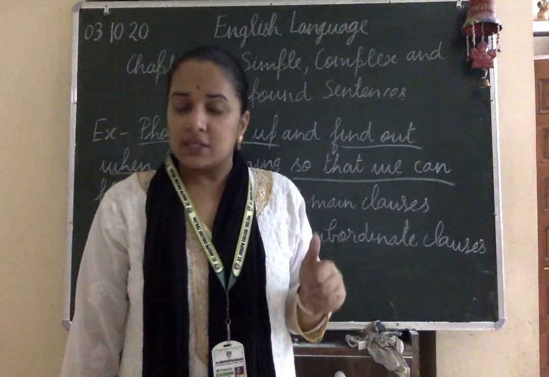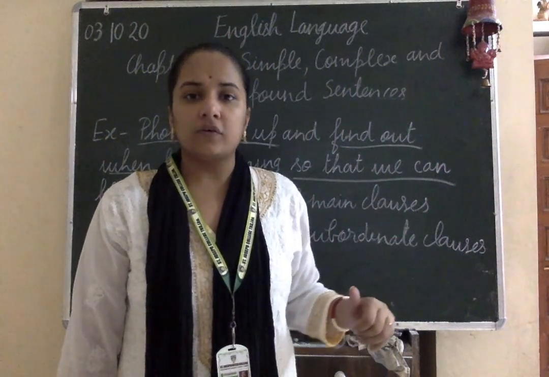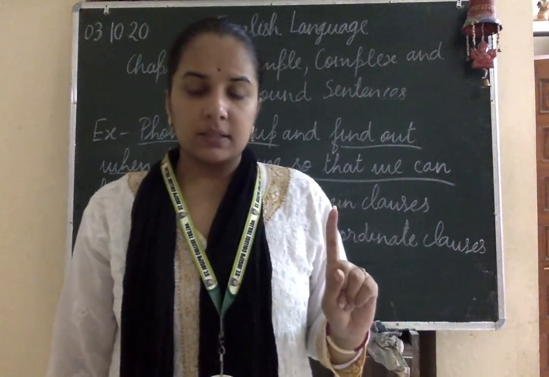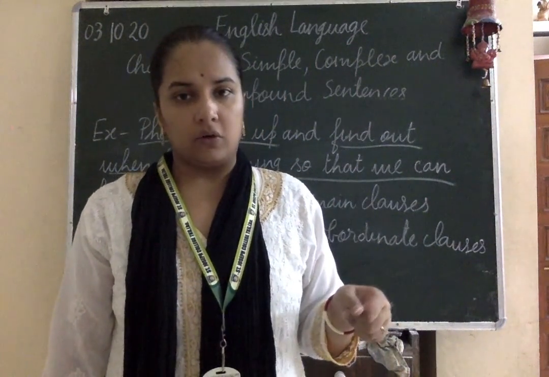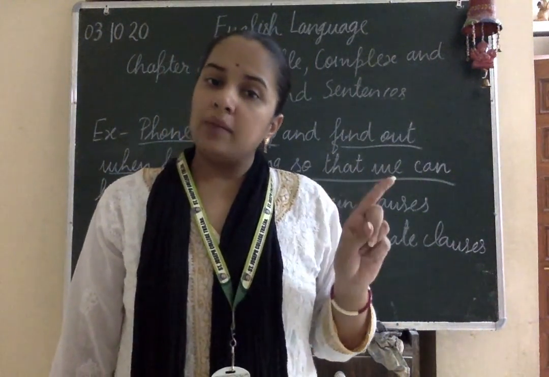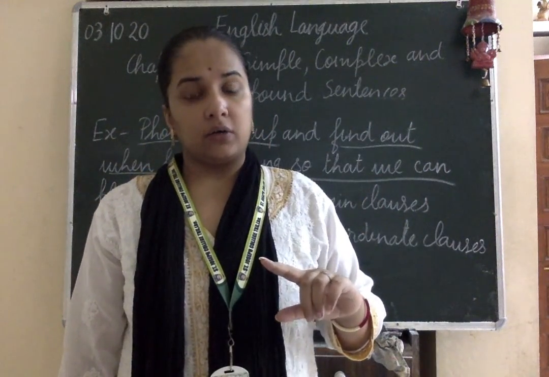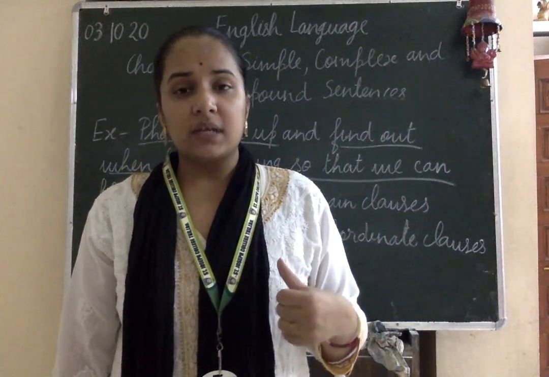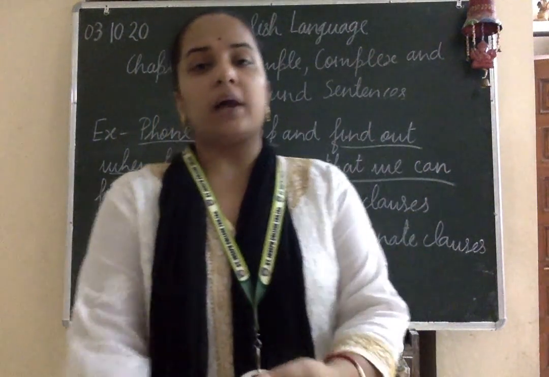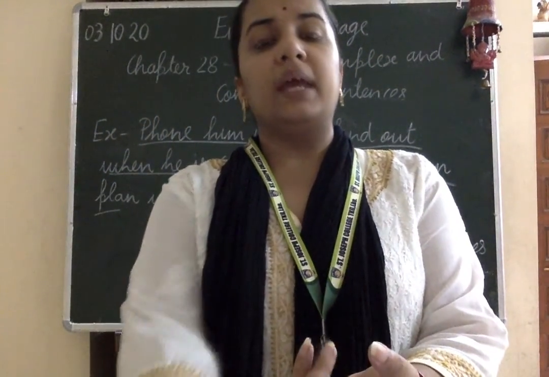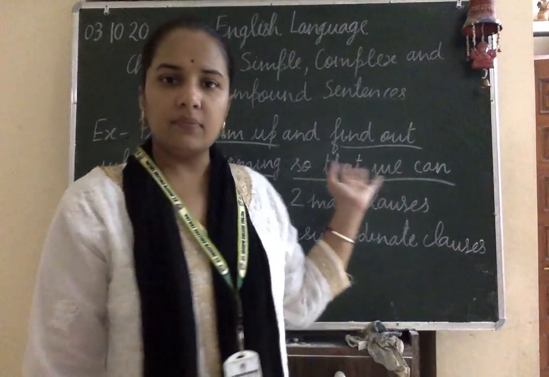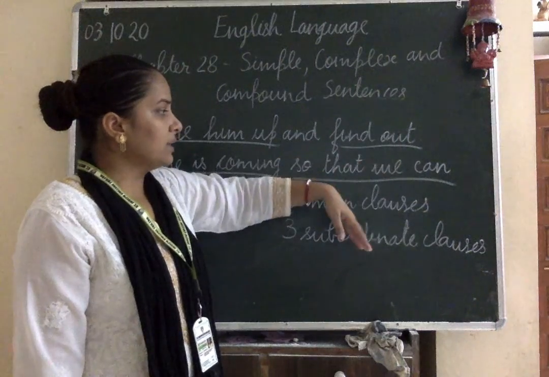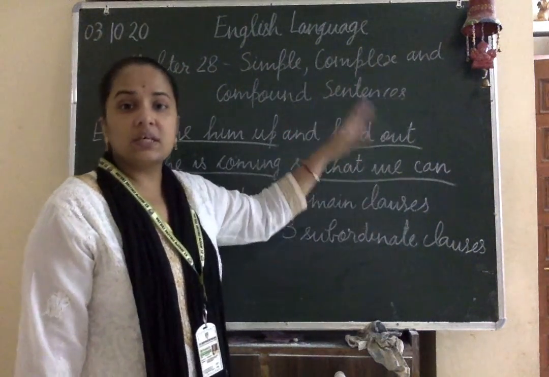So what are the essential requirements for all the three kinds of sentence? For the simple sentence, a finite verb is necessary. We can also call it the main clause. For the complex, one main clause and one subordinate clause, the minimum requirement. And for the compound sentences, the minimum requirement is two main clauses. So this is how we divide the sentence on the basis of these clauses into these